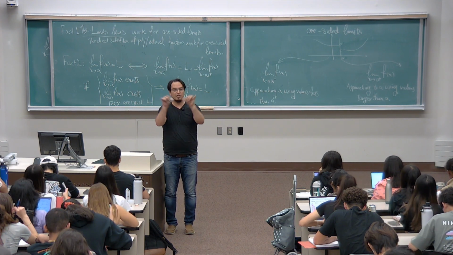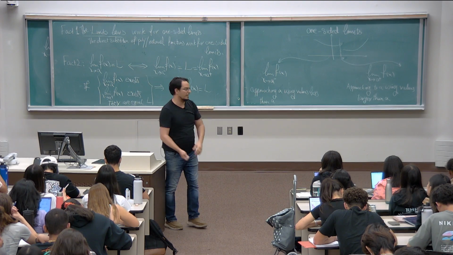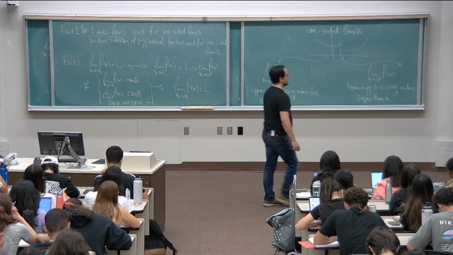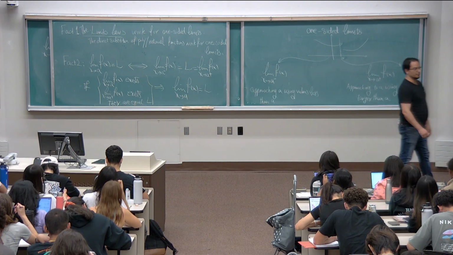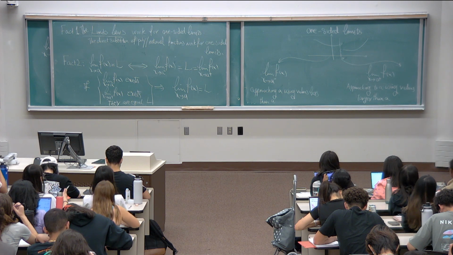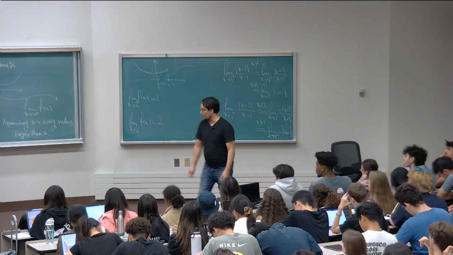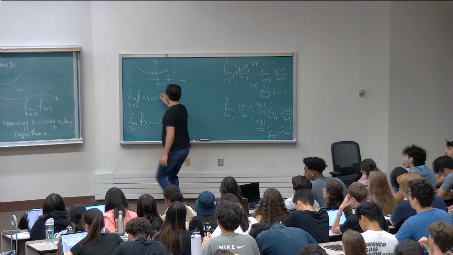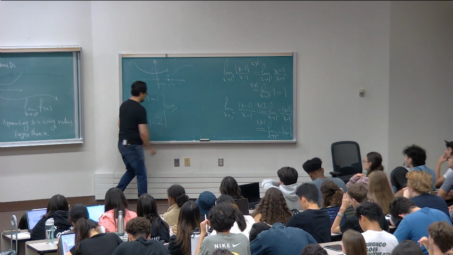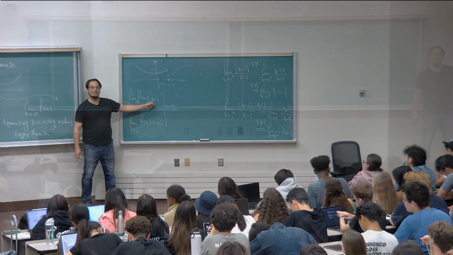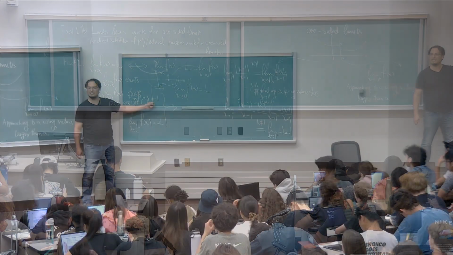If they are equal, then you have calculated the actual limit of that function, not the one-sided limit. For example, the examples that we had here: right limit as x approaches 2 exists,